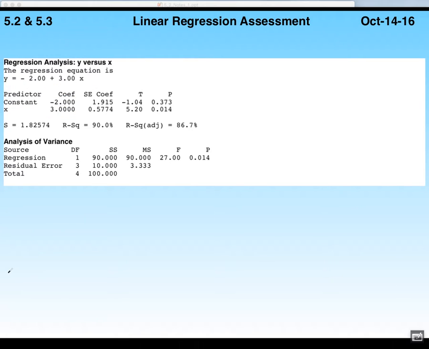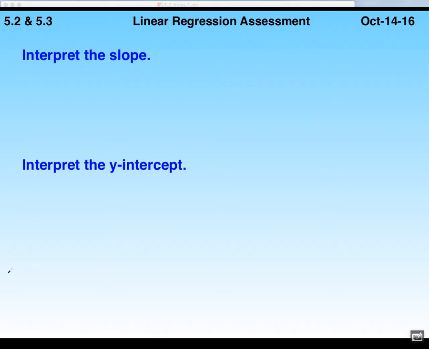Okay, next thing you have to be able to do: interpret slope and y-intercept. You've done this throughout all of high school and middle school. But of course, I'm going to add my own little flair to it and make you do it my way instead. So our slope is change in y over change in x. The slope we got was 3/1. Our x stood for number of hours studied. So I'm going to say for each additional hour studied,